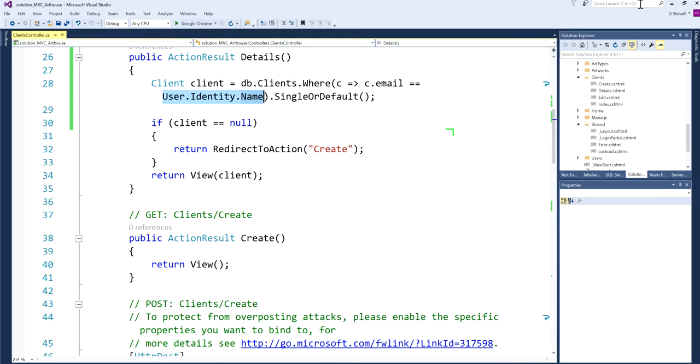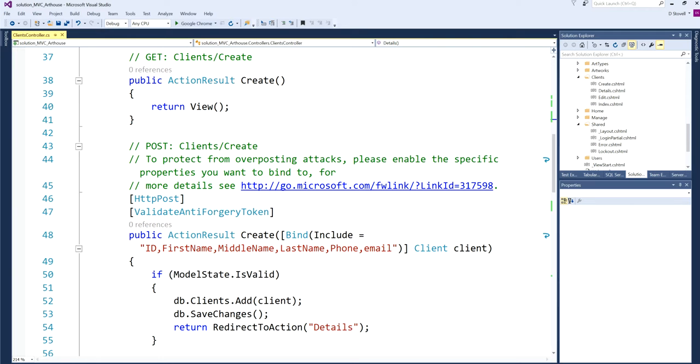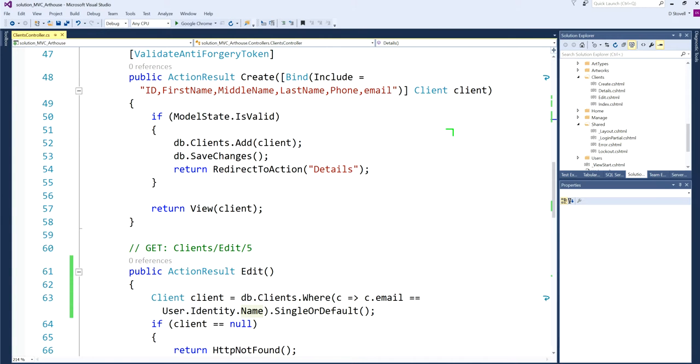Okay, all right. So let's talk about the create then. Here in the view, well, this is standard. It just returns the create view, which was scaffolded as I added the controller. So what's different here? Well, not much. I'm still using this bind here for the create. It was there, I didn't take it out. So the only real change I made here was when I'm